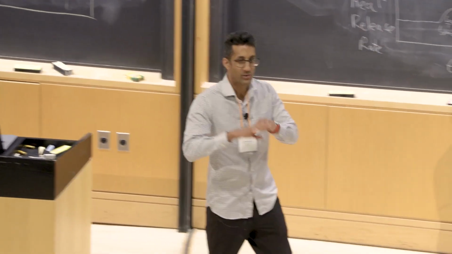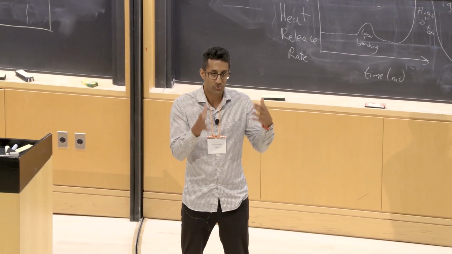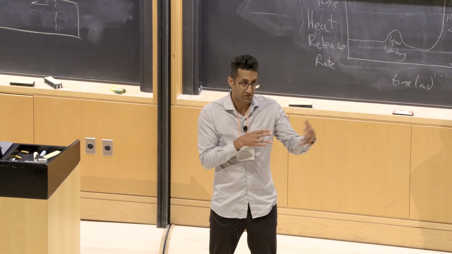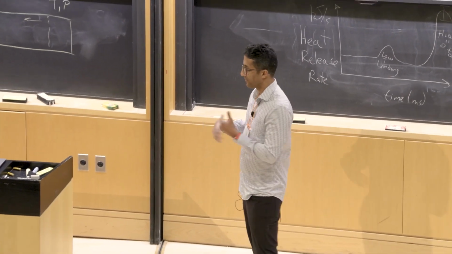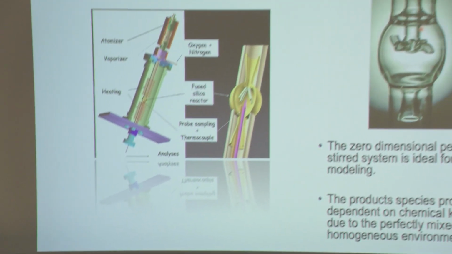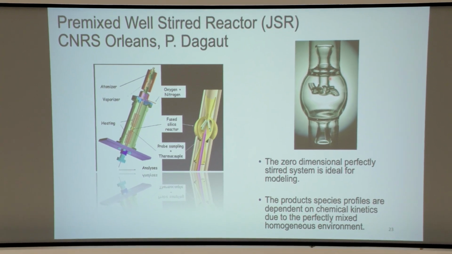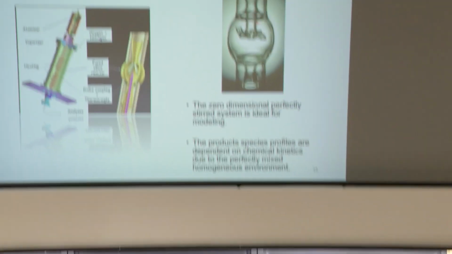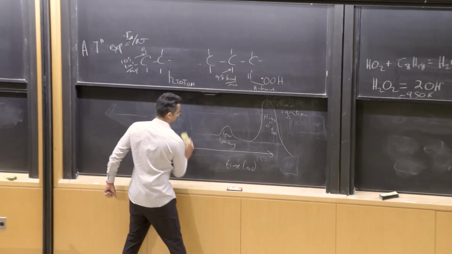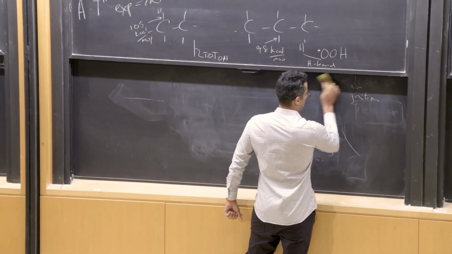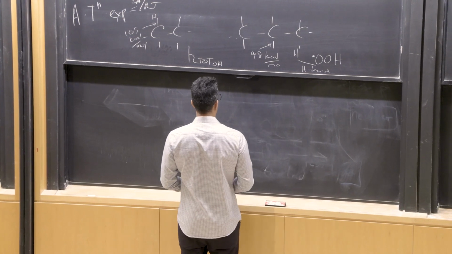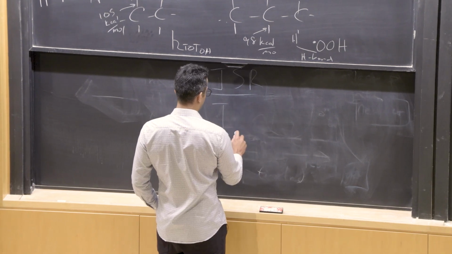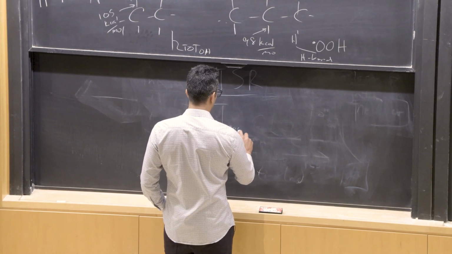In a jet-stirred reactor, there's no ignition event. It's all isothermal. You control the temperature of the reactor. You minimize the exothermicity of the fuel by making sure there's less fuel in the reactants, and the entire reactor is placed inside of an oven, okay? So the key things that you need to note in these types of reactors, for JSRs, the initial conditions that matter are the temperature, of course, the reactor temperature, which is isothermal,